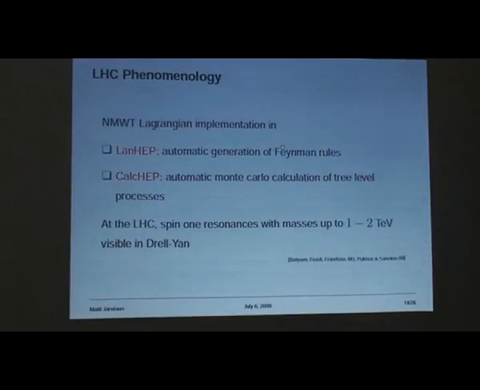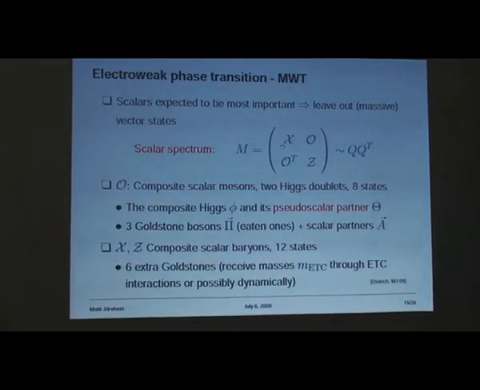Okay, and then I will just mention that we did some, with this, the complete Lagrangian, well, actually we were using the next-to-minimal technicolor Lagrangian, which is slightly simpler actually than what I showed you. We did some LHC phenomenology, basically the production of these vector states, which should be very well visible in the Drell-Yan LHC. But let me then go to the final temperature calculation,